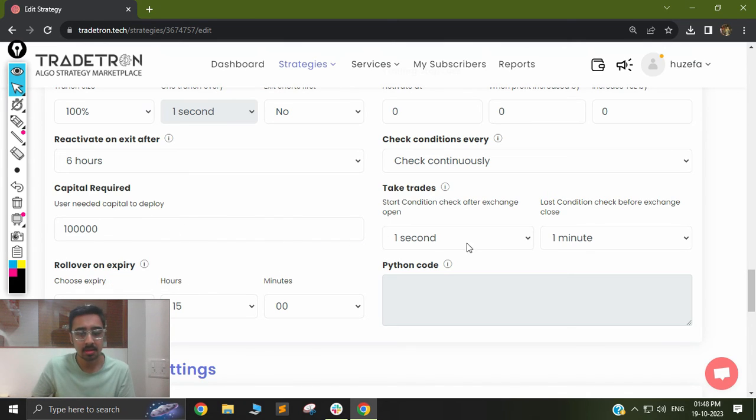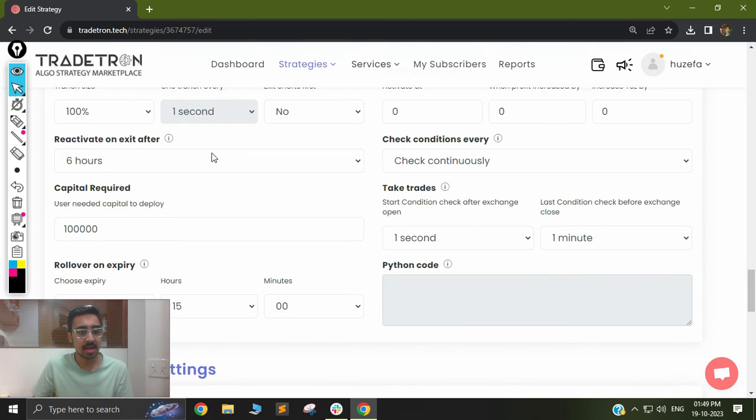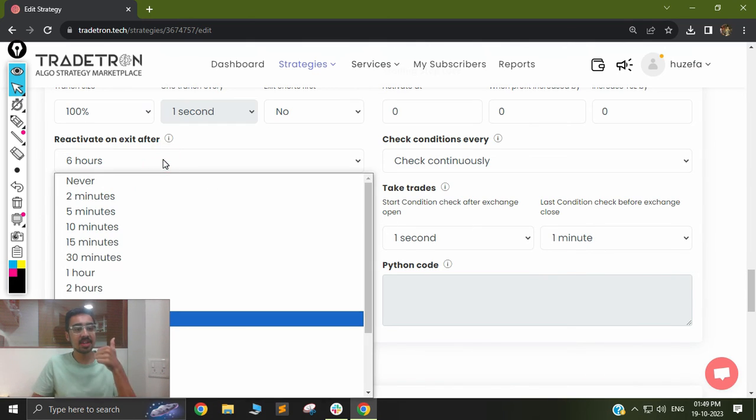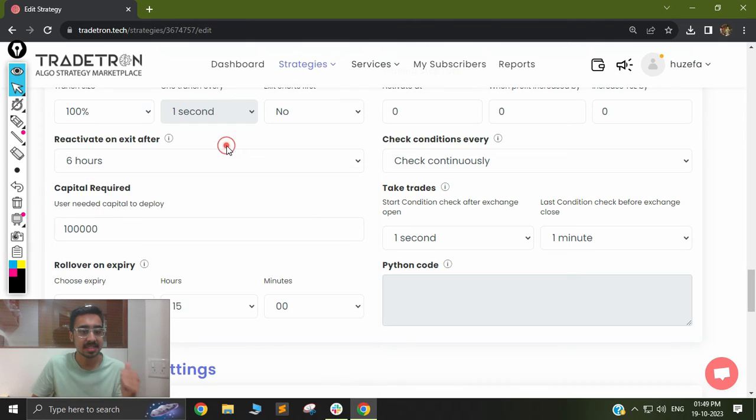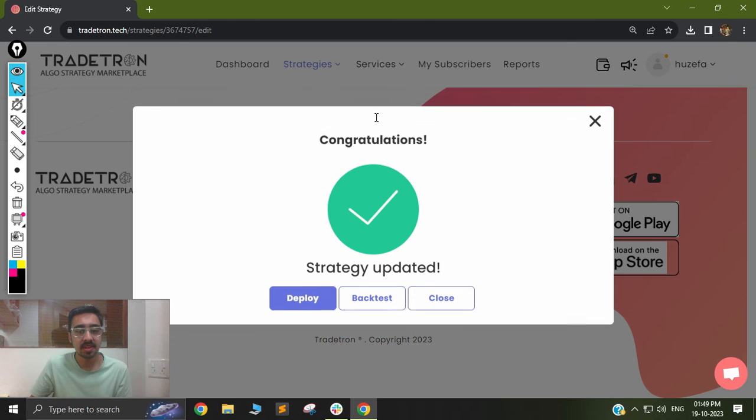And very important, select your start condition as 1 second and last condition before exchange closes as 1 minute. So this should help you to be set. And finally, the reactivation time, I've selected 6 hours, because after the universal exit, I want this to reactivate on the next day. So finally, we'll update the strategy and we will have a look at the backtest,